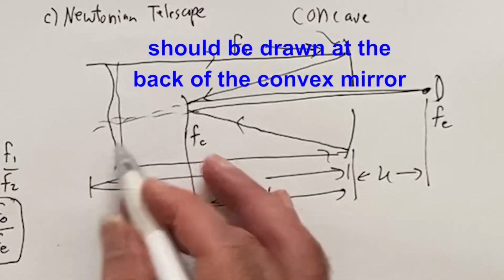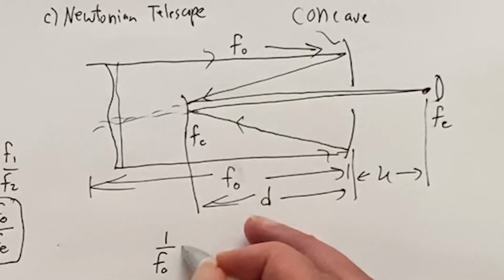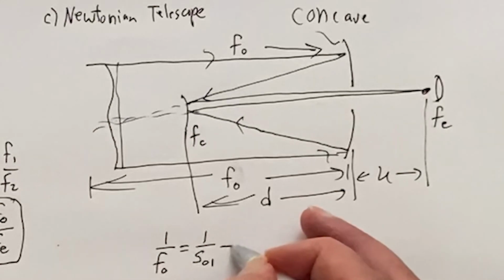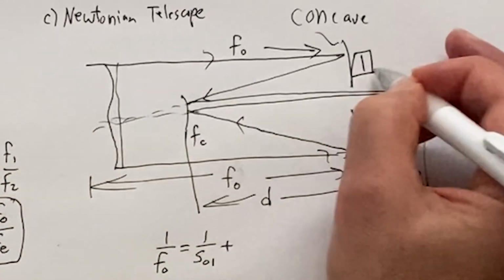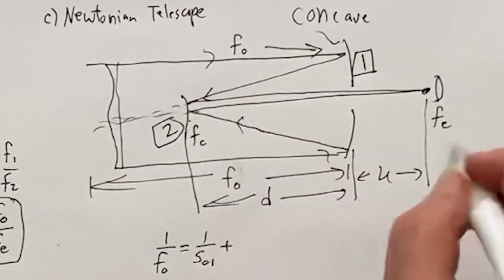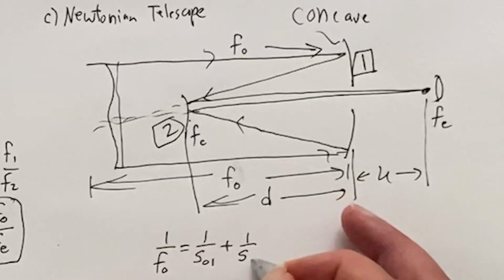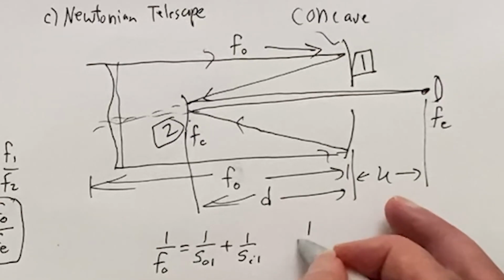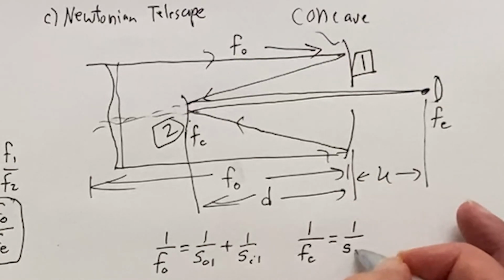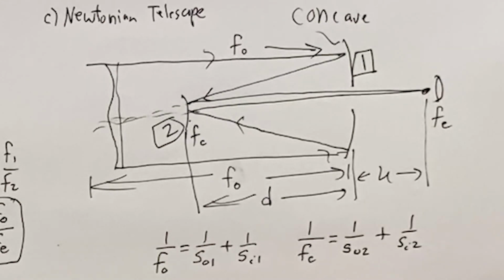And the Schmidt idea, Schmidt Cassegrain. So here you have 1 over F for the objective. And we're calling this the first one. This will be the second optical element, and we won't deal with the eyepiece. That's going to be the magnifying glass effect at the end. And then we'll look at here, I1. And then we have another set of equations for the cute little convex. This is object 2 and image 2. And then the magic